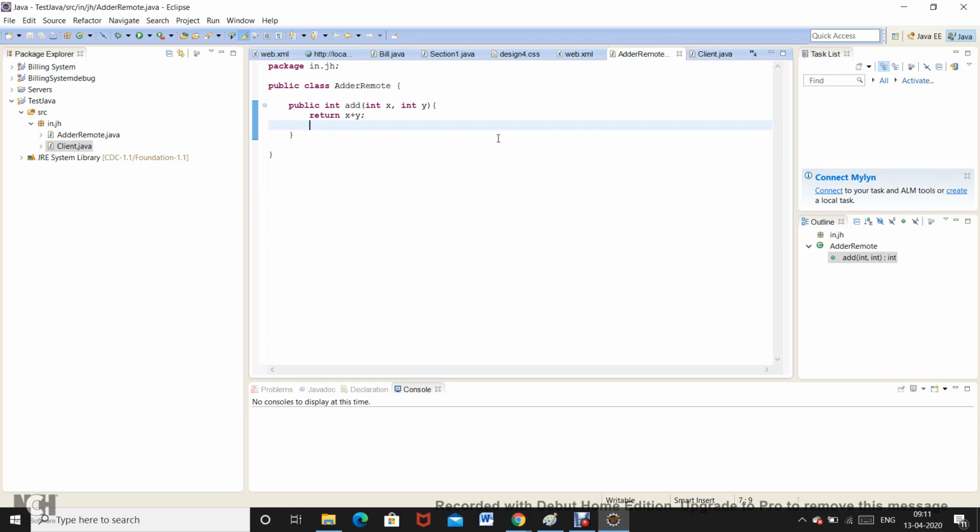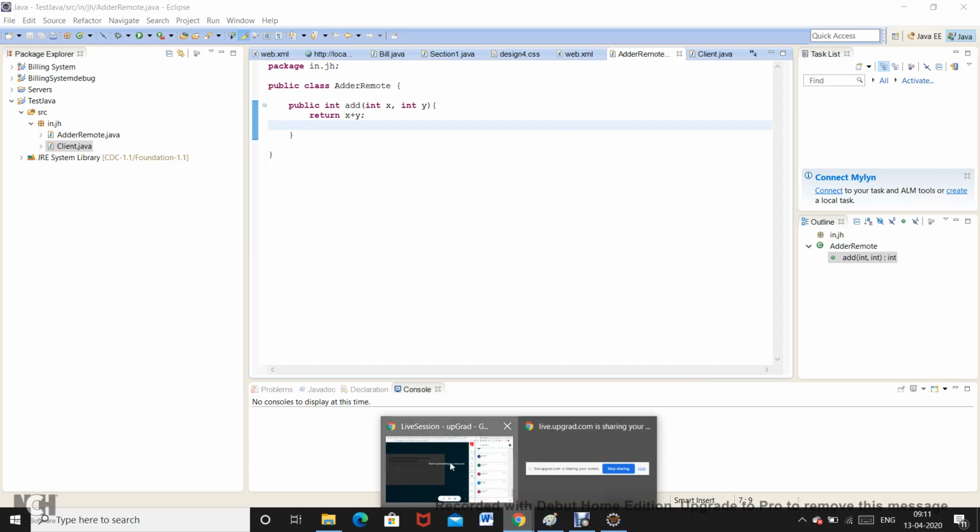So this was the idea we have for a local execution of a method of one class from another class. Now the same situation, if you see over